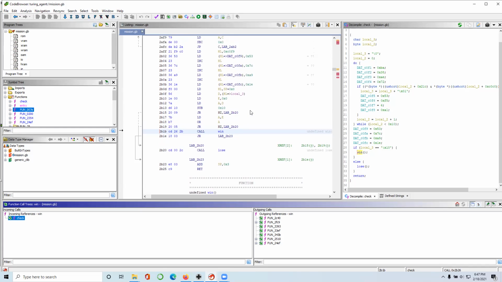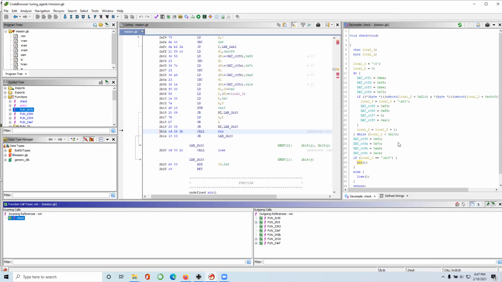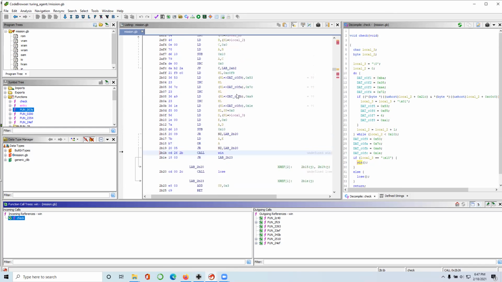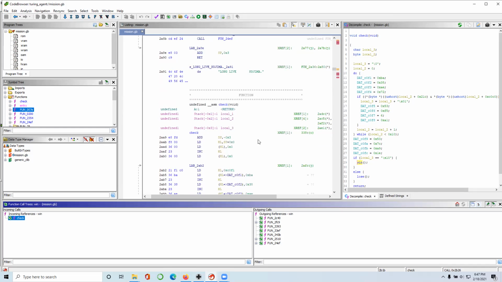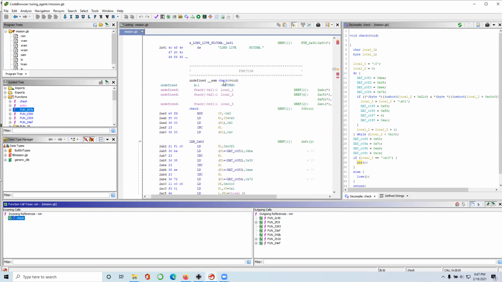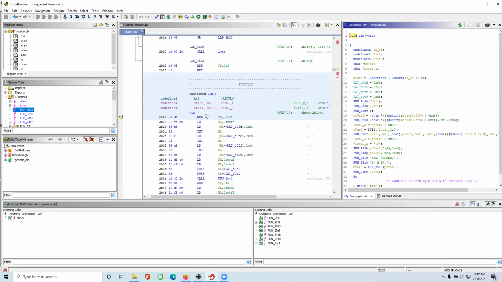We need to make note of the address of the win function and the address of the check function. The check function starts at 2AA9, and then the win function starts at